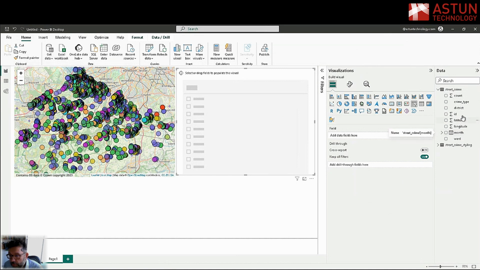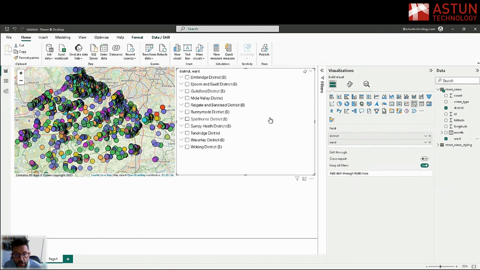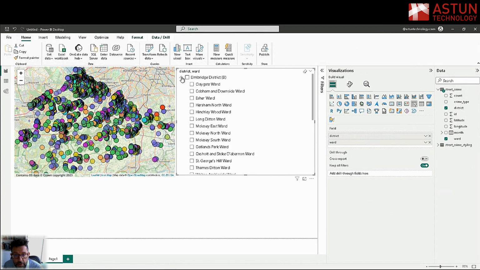This is really simple to use. First, add in the district, and then add in the ward. And then you can see here, if I select the first one, which is Elmbridge District, I can expand that, and then you can see all the wards within Elmbridge. So if I was to select Claygate,